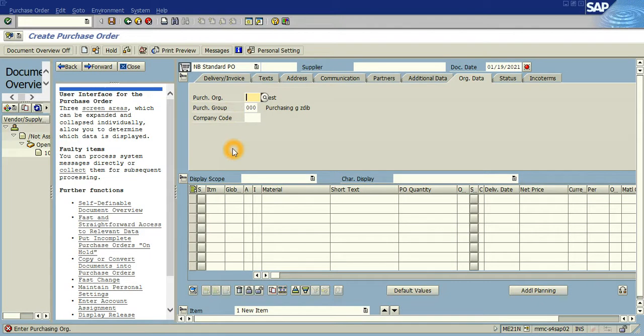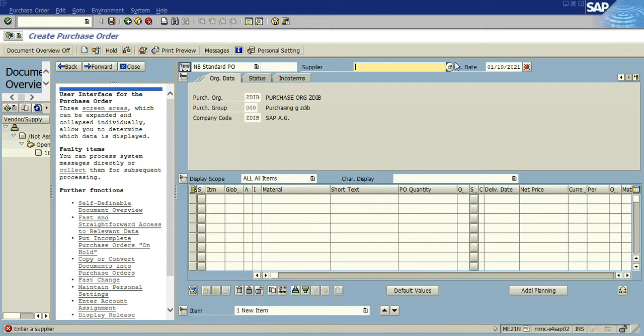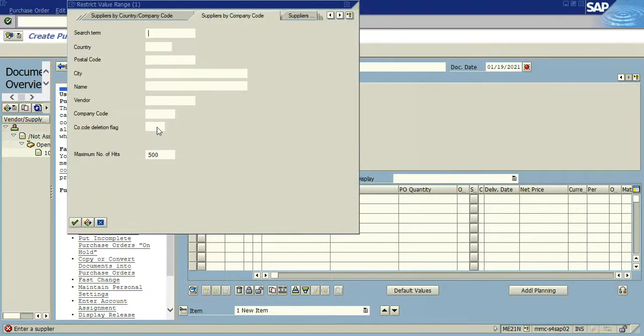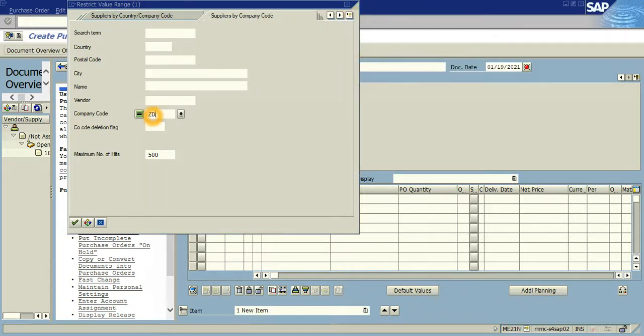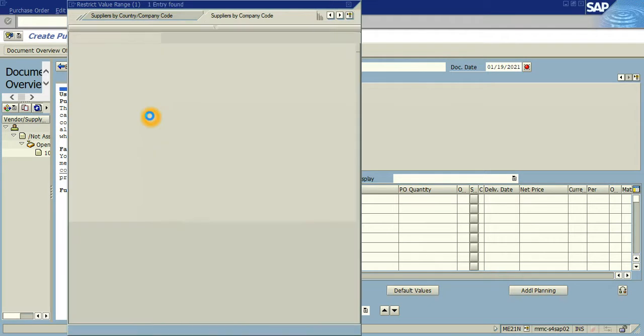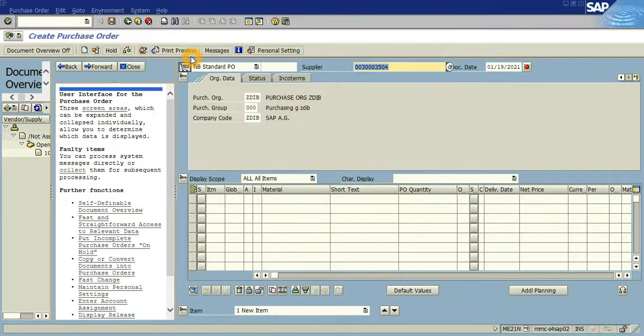Enter the purchasing organization, set the IBM. Purchasing group was already picked and the company code is SETIB. And I press enter. Let me select a supplier. You can search by company code, SETIB. Select the supplier, click on continue. Continue. So we can create this one